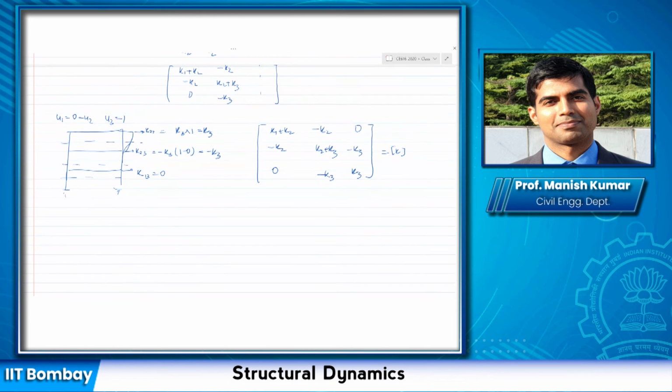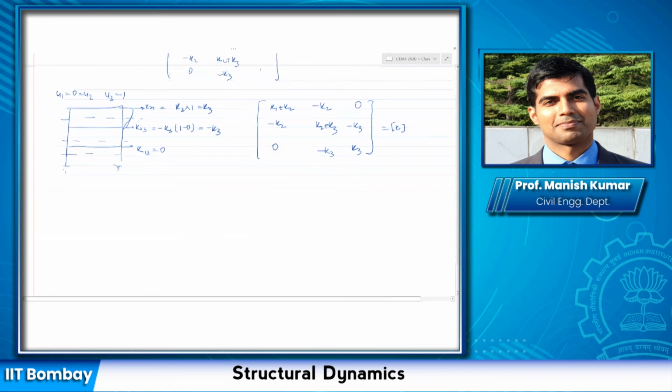Now, while this might seem complicated at this step, you might be thinking this took more time. This took more time because I devoted more time to it, going step by step. When you become proficient, you can just directly cut it and write it like that. But if you find the other method easier, go ahead with that. However, you will see that in some problems, the influence coefficient method works quite efficiently compared to the other method. Okay, so I have found out the K matrix.